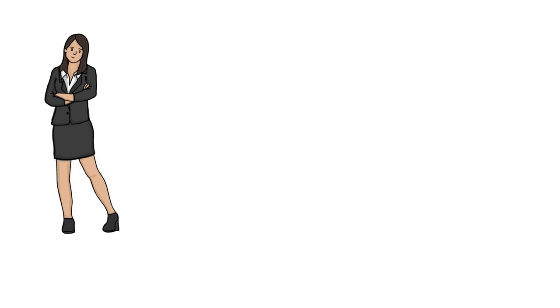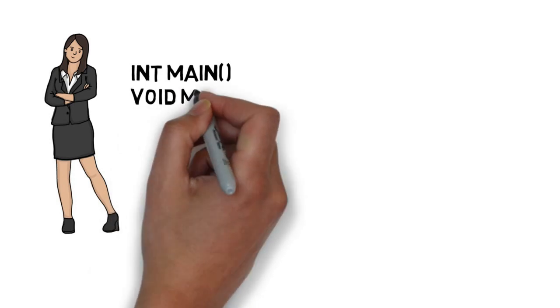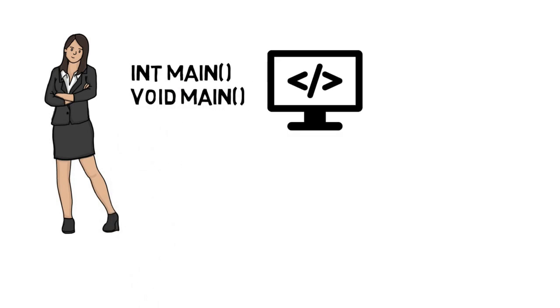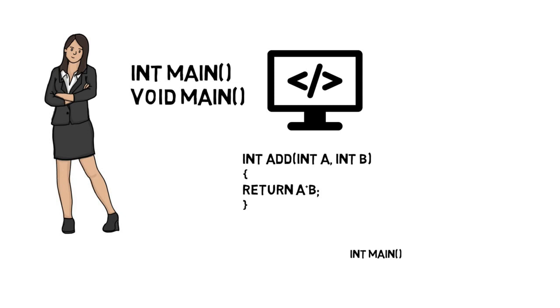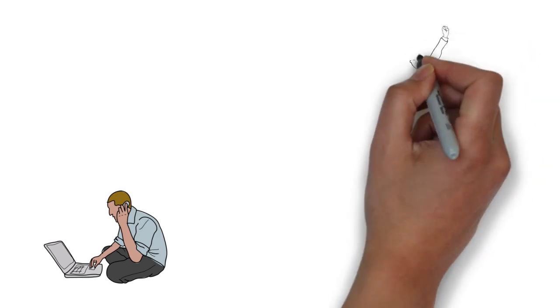Now let's discuss the return types which we are mentioning in our main function. We have seen that we are mentioning int main and void main, while in other functions, we are expecting a return value. So the function value will be assigned to a variable or passed to another procedure or something like that. But where does the value which we return from the main function go to? It goes to the operating system